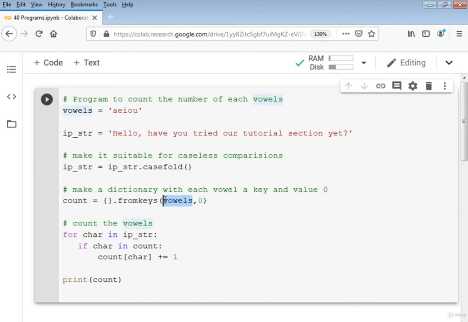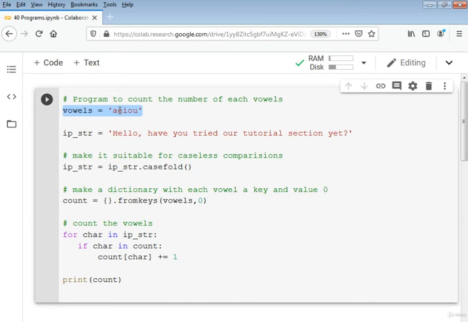You see that here the value of each vowel is 0 as we have not run this program yet, but after it runs, if it finds some vowels in this string, it will continue to add the values in the form of a dictionary. We know that in a dictionary we have a key and then its value. So a dictionary comprises keys and their values.